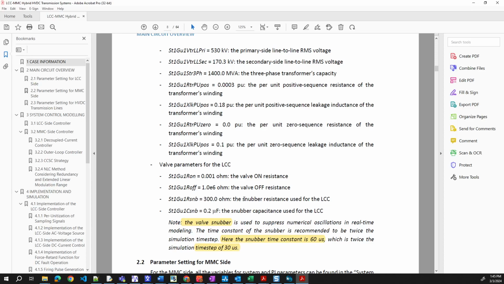From this snubber circuit resistance value and the capacitance value, we can calculate the time constant by simply using R times C. 300 times 0.2 times 10 to the power negative 6 will give us the RC, so that gives us 60 microseconds. Exactly.